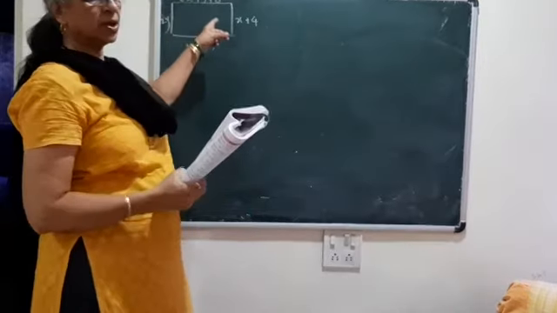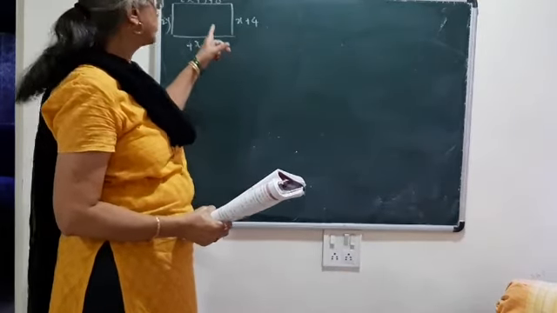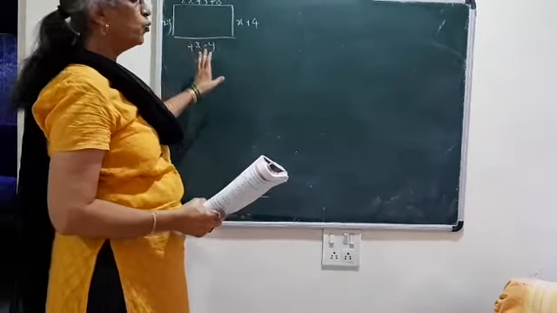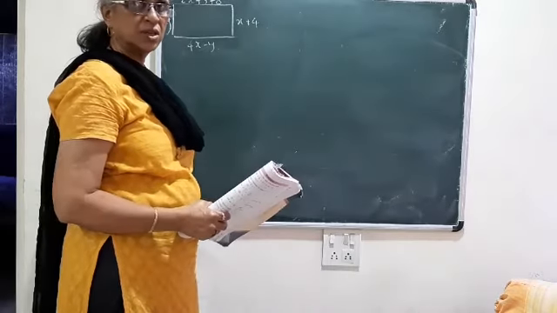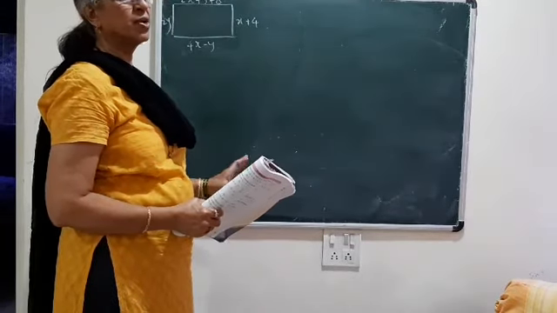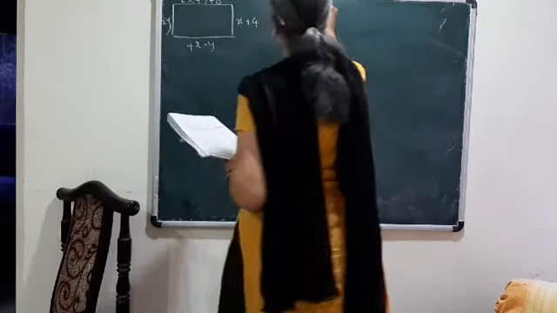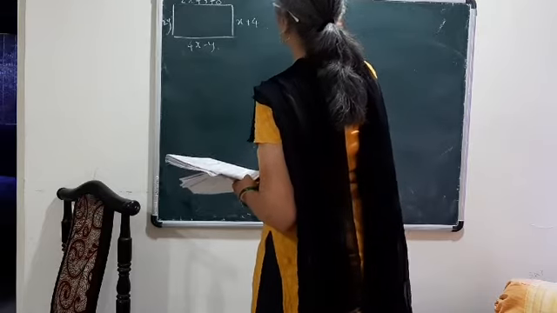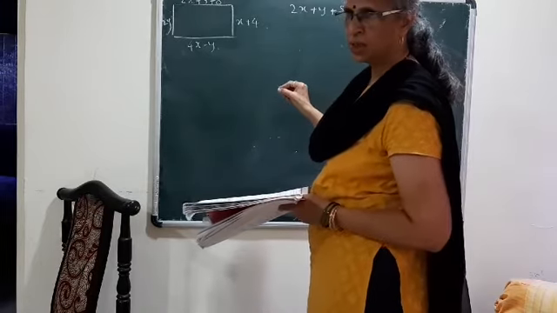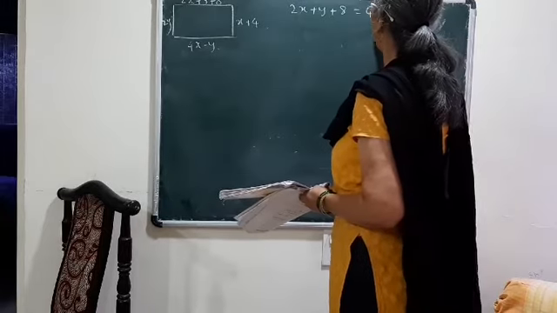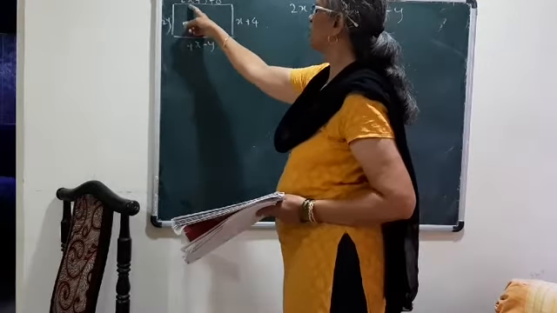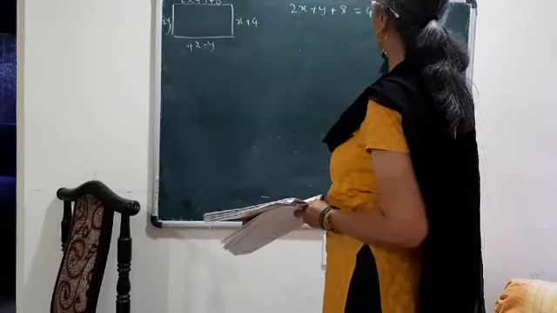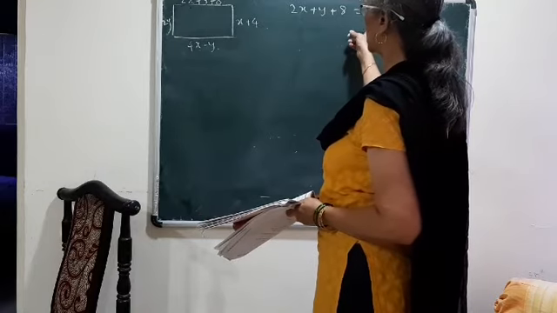As they have given the lengths of the sides in terms of x and y, which property do we use? The opposite sides of a rectangle are equal. So how are we going to form the equation? We equate the opposite sides and make the equation in standard form. Here it is not necessary to make any assumption because they have already given x and y. So 2x plus y plus 8 is equal to 4x minus y. Opposite sides are equal.